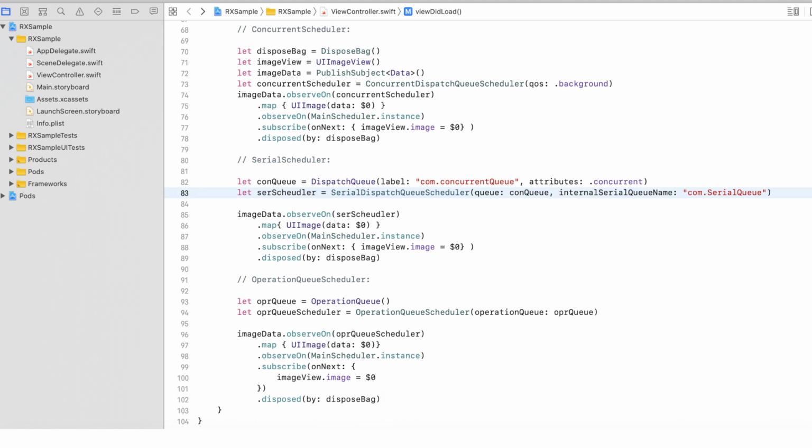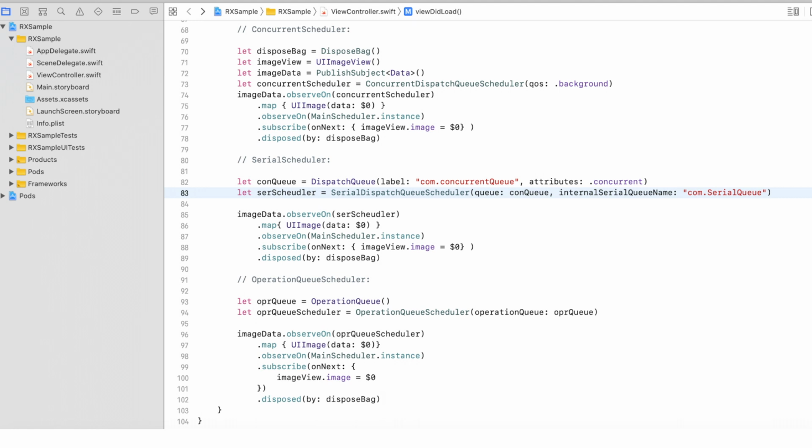With the help of the observe on operator, we are performing this operation on the background thread with the help of the concurrent scheduler at line number 74. And when we receive the data from our API, with the help of a transforming operator, that is .map, we are converting it again into the UI image format. This is represented at line number 75, where we are using the .map operator. At this moment, don't worry about transforming operators, because the next topic is transforming operators. So for understanding purposes, right now you can ignore this part if you are unable to understand it.